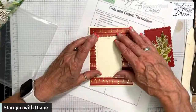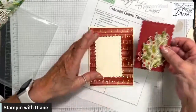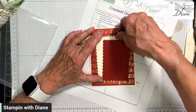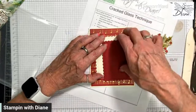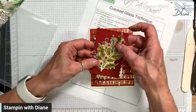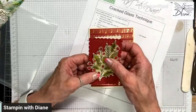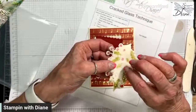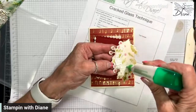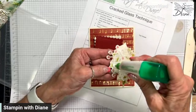So I'm just using, this is the third scalloped one. And then I'm just going to come down here and put this down here. Now when I go to put this on, this needs to be glued down, because it's quite thick. It has a bit of a curve to it. So we want to make sure that that's good and glued down. So we're going to have to wait for that to